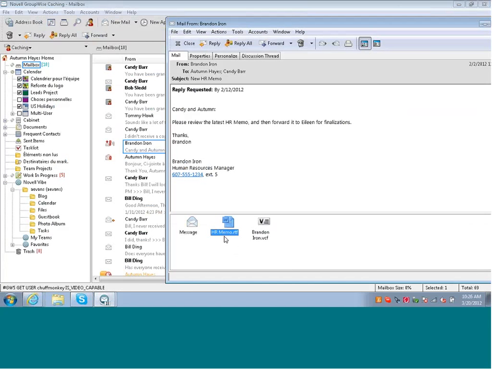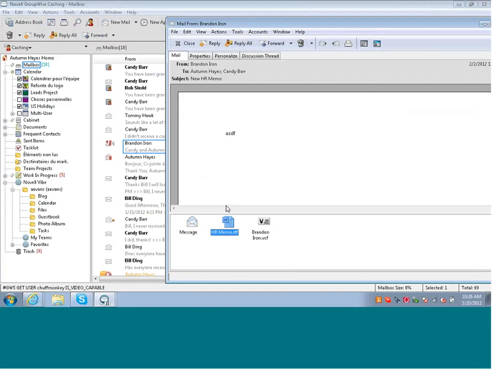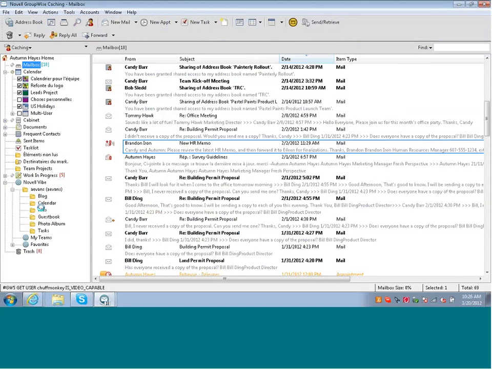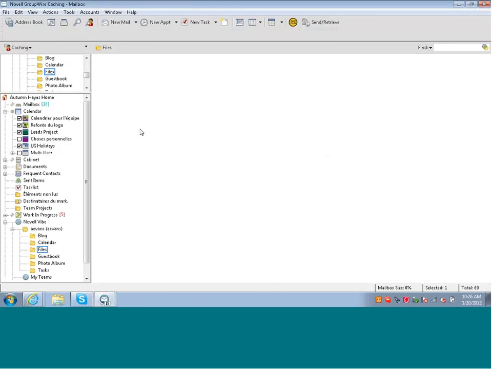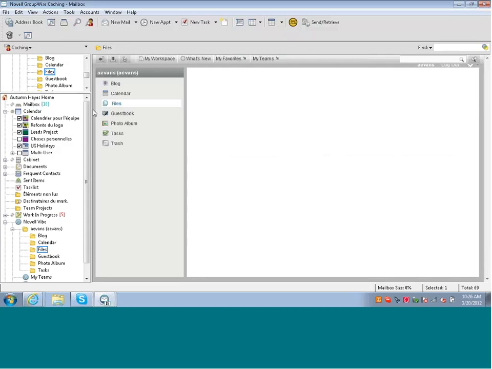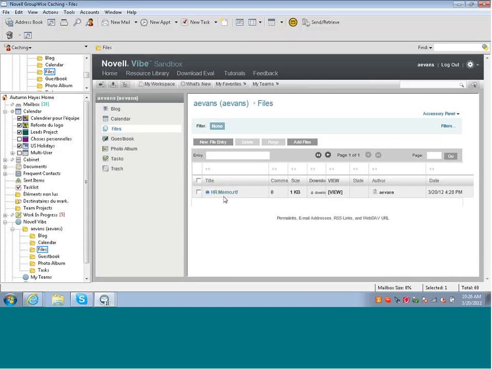And I should not have double-clicked it. Bear with me, folks. Here we go. So if I grab it and just post it here, it saves it into Novell Vibe. All being well. So there you go. That's the file I just copied over. And similarly,